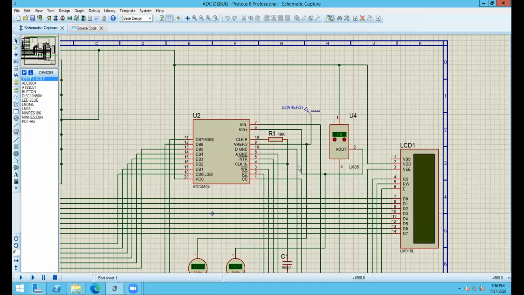So we are going to measure 0 degrees Celsius to 100 degrees Celsius in this circuit. That will eventually give us output as what we have seen in this IC, this LM35. For 0 degrees Celsius, it will give us 0 volt, and for 100 degrees Celsius, this will give us 1 volt. So for each 1 degree Celsius in between, we will get 10 millivolts. For 100 degrees Celsius, it will give 1 volt.